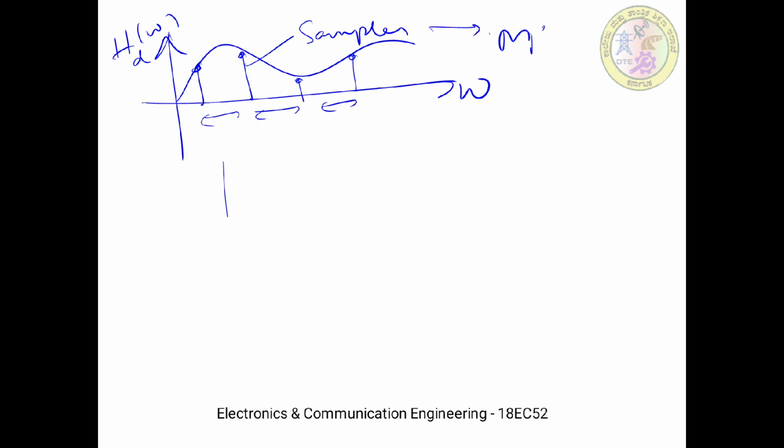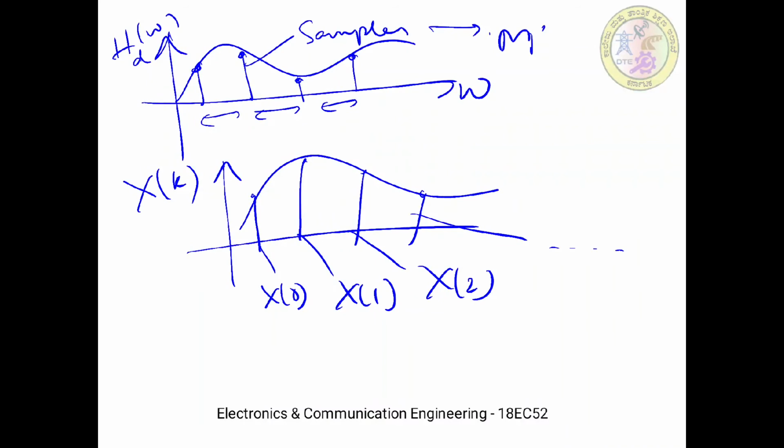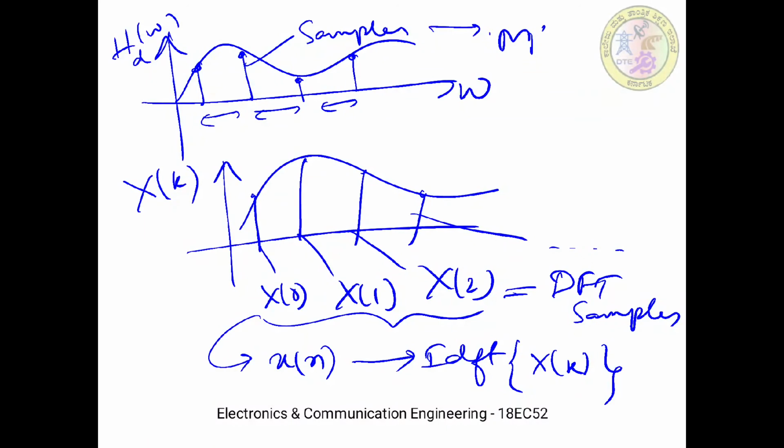Assume that this is X(k), and we have some samples: X(0) sample, X(1) sample, X(2) sample, and so on. These are the DFT samples which are obtained by sampling the frequency domain characteristics. Now from these samples I can get x(n) by doing the IDFT, the inverse transform, on all these X(k) samples. Similarly, in this method also,